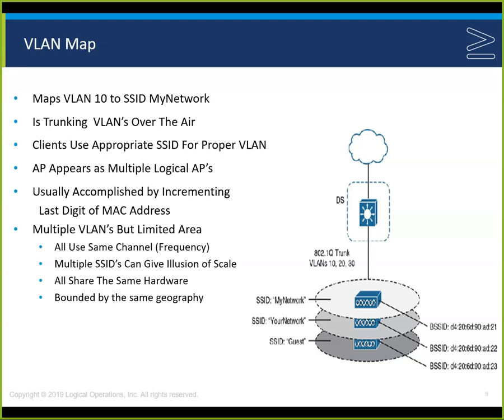But here we've got an SSID, my network, your network, and the guest network. Remember, all of them are going to be using the same channel. They're all going to be using the same transceiver concept. They're all going to be using the same broadcast, the same transmit and receive frequency. And we are in half duplex. We can transmit, we can receive, but we can only do one at a time. And as we go a little bit further, we're going to look at some other methodologies that allow us to do that. They're all sharing the same hardware, bounded by the same geography,